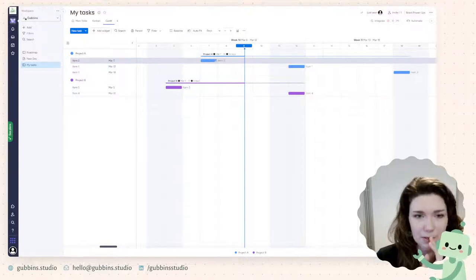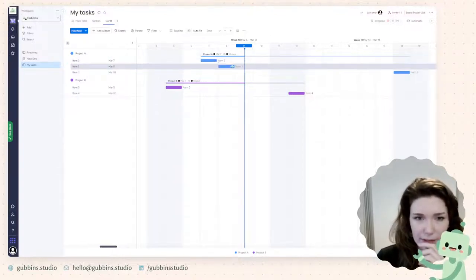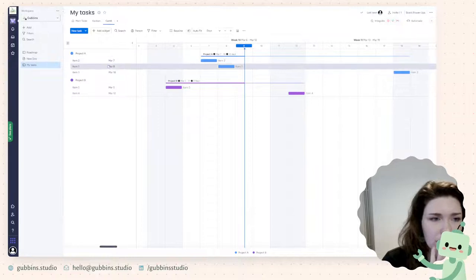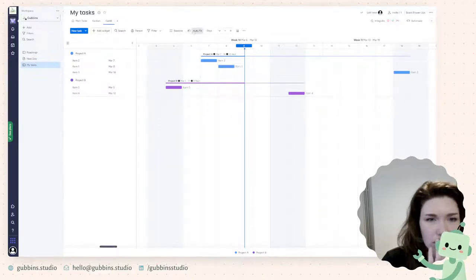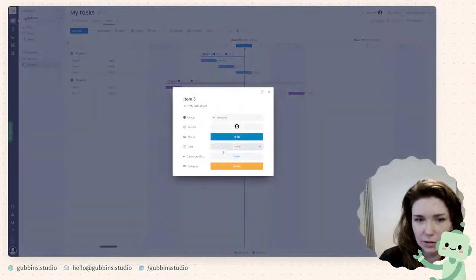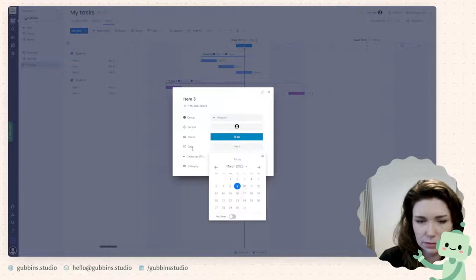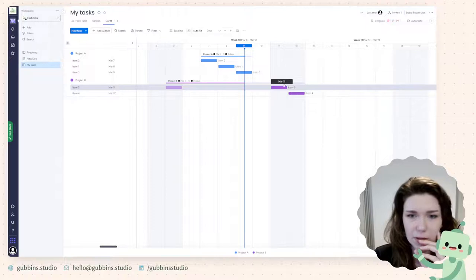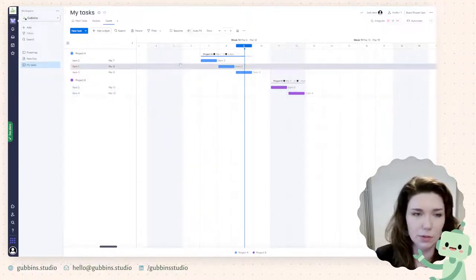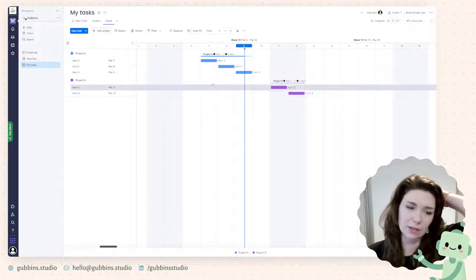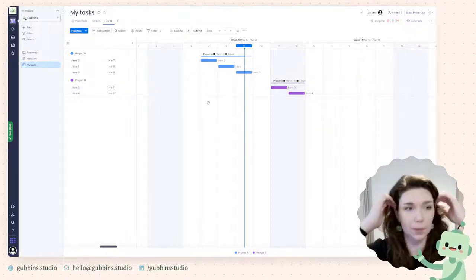So here, if you wanted to rearrange all of the things in this project, can you not? Okay, you can't. That's unfortunate. Unless there's something I'm missing here. But no. Okay. So in this way you can kind of schedule your things to do in the Gantt chart sense, but it doesn't look like it's as responsive as the one that we were looking at in Asana.